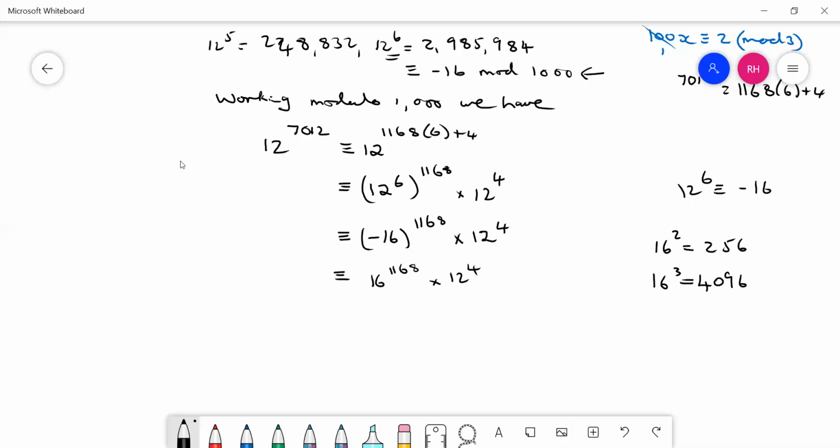Or should I try another one? No, I'll use that. So now I'm going to basically repeat the same thing. So what have we got? We've got 1168 divided by 3 is 389. So it's 389 times,